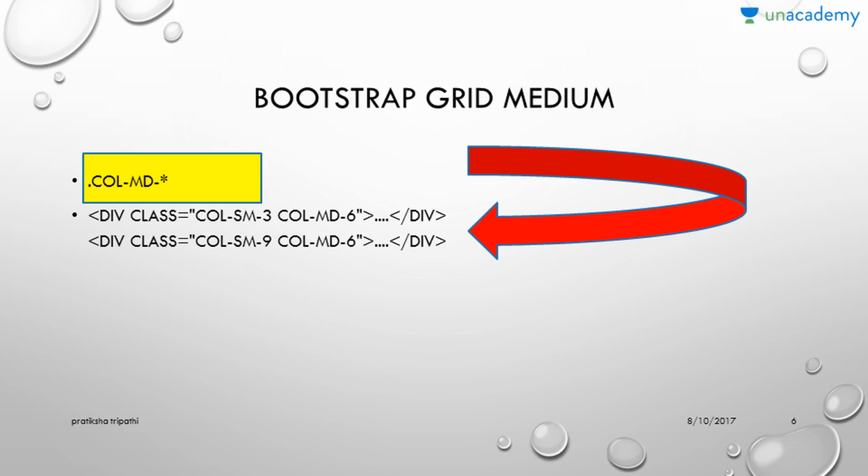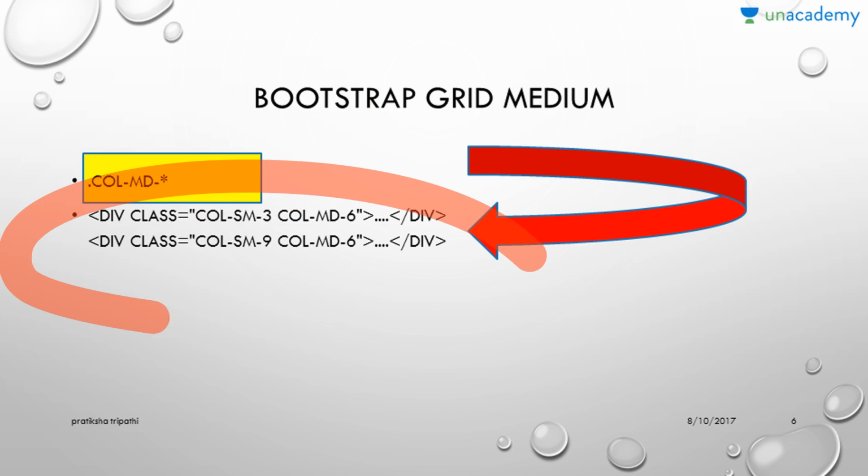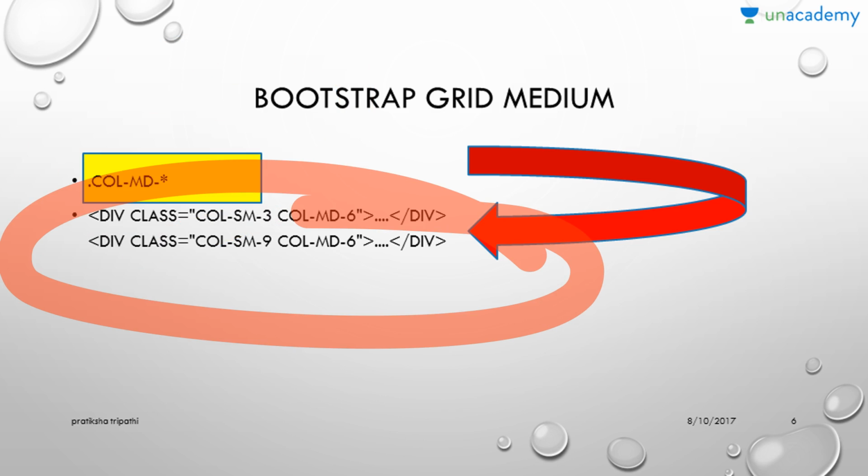Then we have bootstrap for medium. Now for medium devices like tablets, which are neither very big nor very small, it is medium. So this is the class we have to include. For medium it is again 25% by 75%, but the screen width is 992 pixels to 1199 pixels. So this is the class we have to include whenever we are making a bootstrap grid for medium devices. Okay, now this is the way it is defined and used.